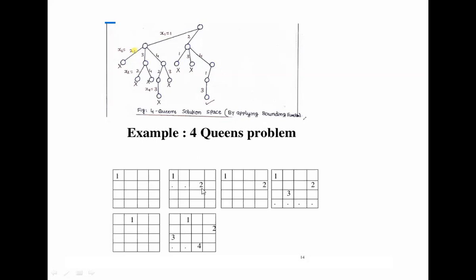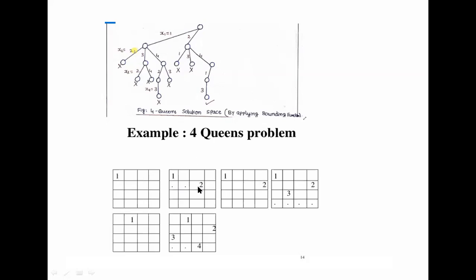For example, I want to place it here in second column. It is not possible here. Then I place it here. Then where do we store the third one? So the 4 queens are not possible here. That's why we neglect this. And if the second queen is placed in third position,